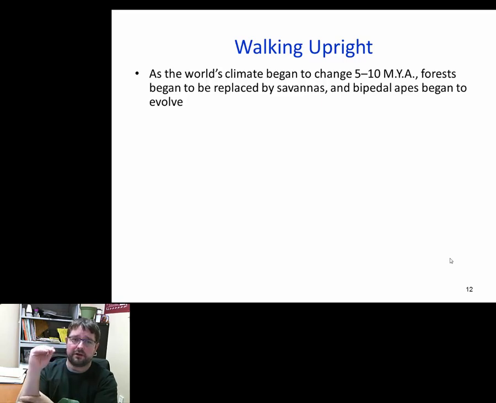But it also could have been that because we moved out of the trees and onto the savanna, walking upright allowed us an advantage to see over the grasslands. So we could watch for predators and things like that. We're not entirely sure. It could have been both. But we do know that the remaining forested habitat really is where the pan genera, or the chimpanzee genera, maintained, and the savannas is the direction that the hominid genera went.